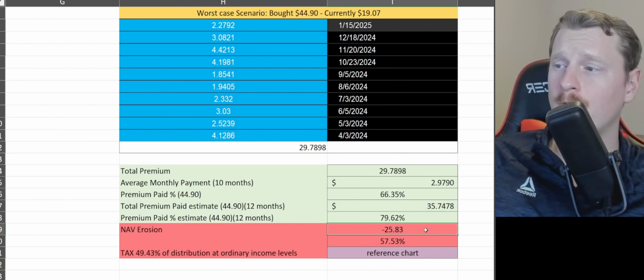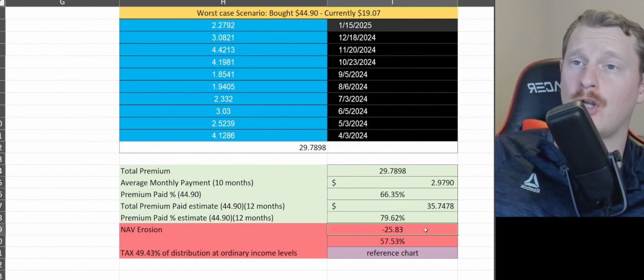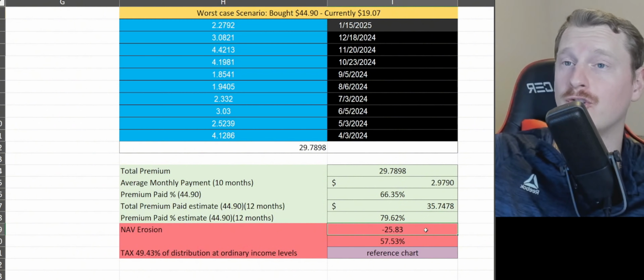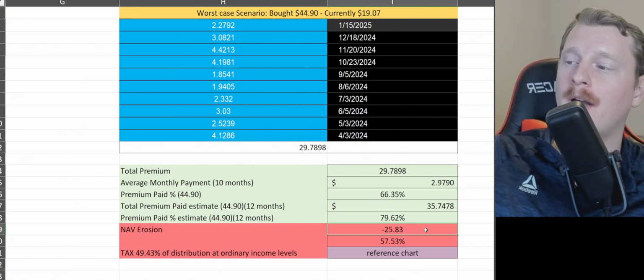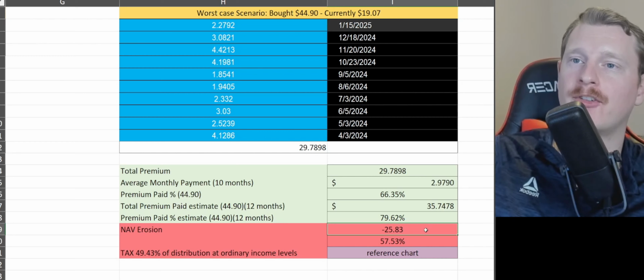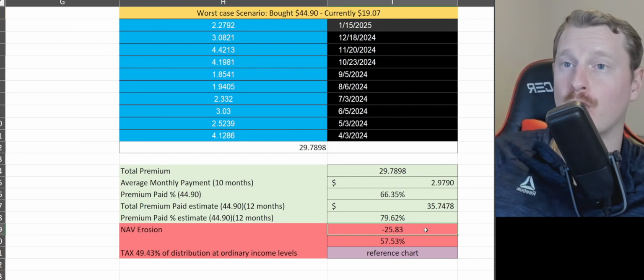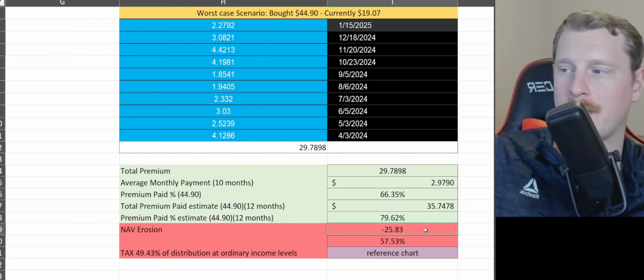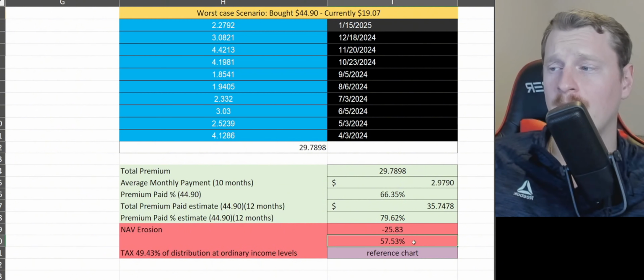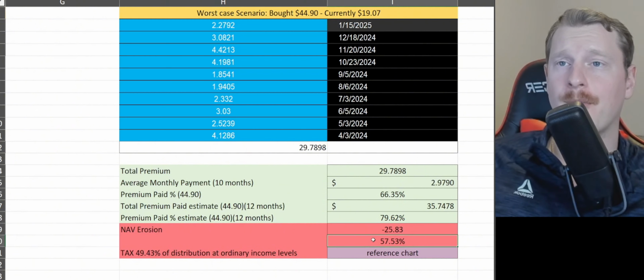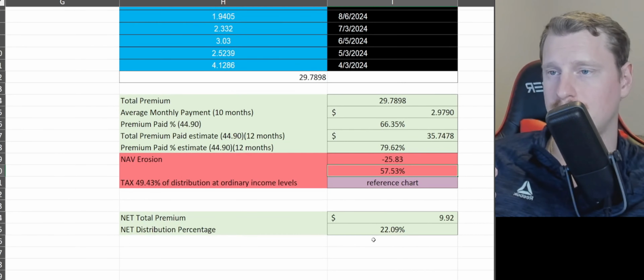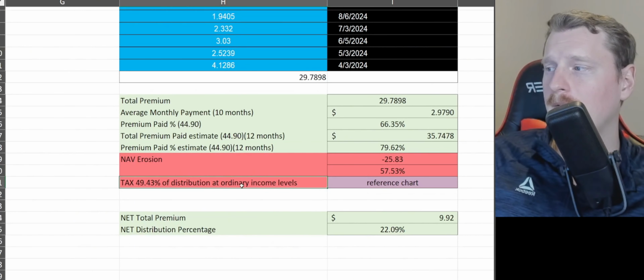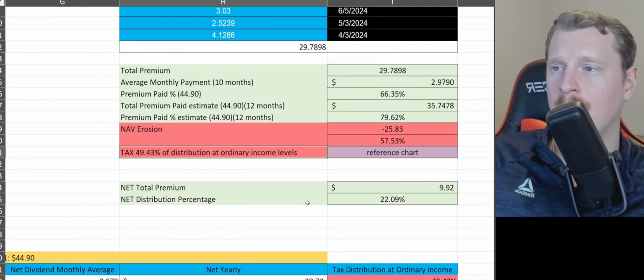So from that $44.90 investment to then go for the share price to drop down to $19.07, that is a $25.83 loss in share price. So that eroded because of the distribution payments and just the volatility of MSTR that invests into Bitcoin. So if we look at that loss, it's a negative 57.53% loss. Right. And so for the taxes I'm going to talk about in the chart later,